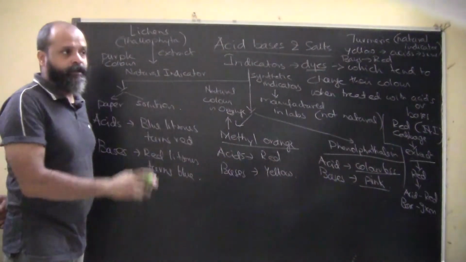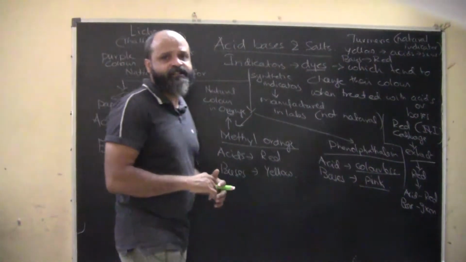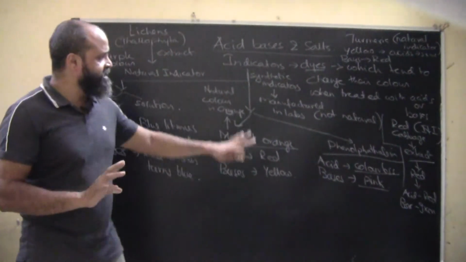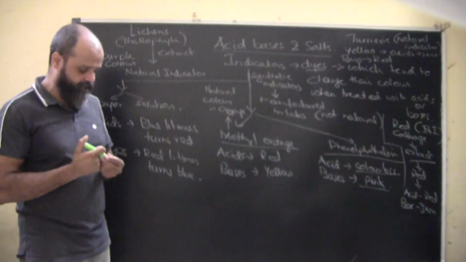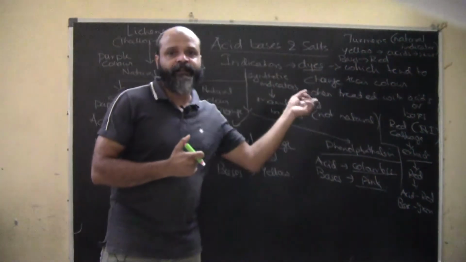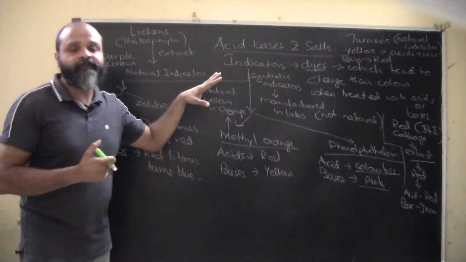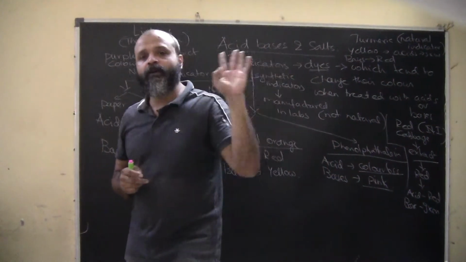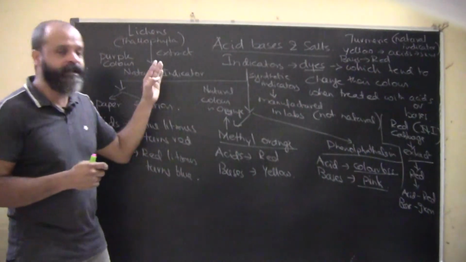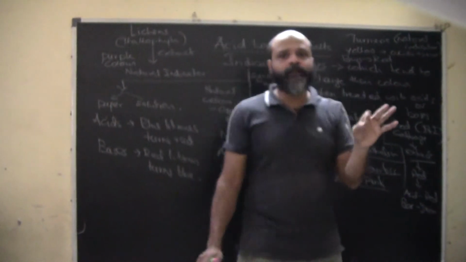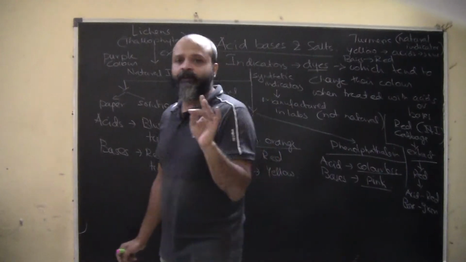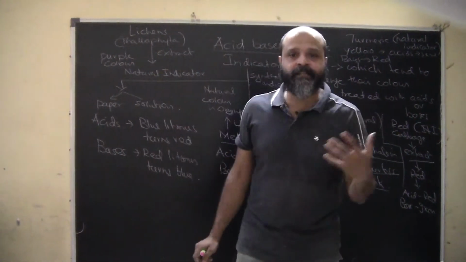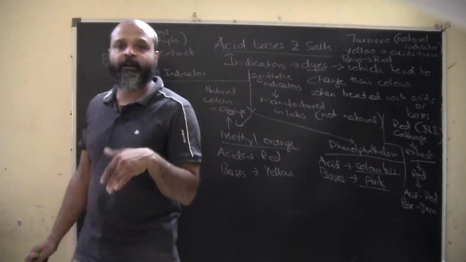So these were certain things. We have a lot of flowers as well which are natural indicators, not required, but these are some things that we need to know about indicators. Now there is another type of indicator. These were basically dyes which have their colors. Whether we talk about litmus, phenolphthalein, methyl orange, red cabbage, turmeric, whether they are natural or man-made, they all have their characteristic colors which change as per treatment with an acid or a base.